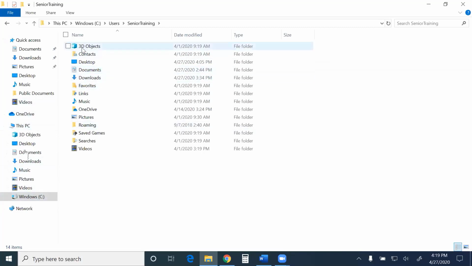So I see, again, 3D objects, I see desktop, documents, downloads. I also see favorites. Now, favorites in this case are any favorites I've made within Internet Explorer or Edge would get a file saved in this directory. I'm going to see my music and pictures and videos.